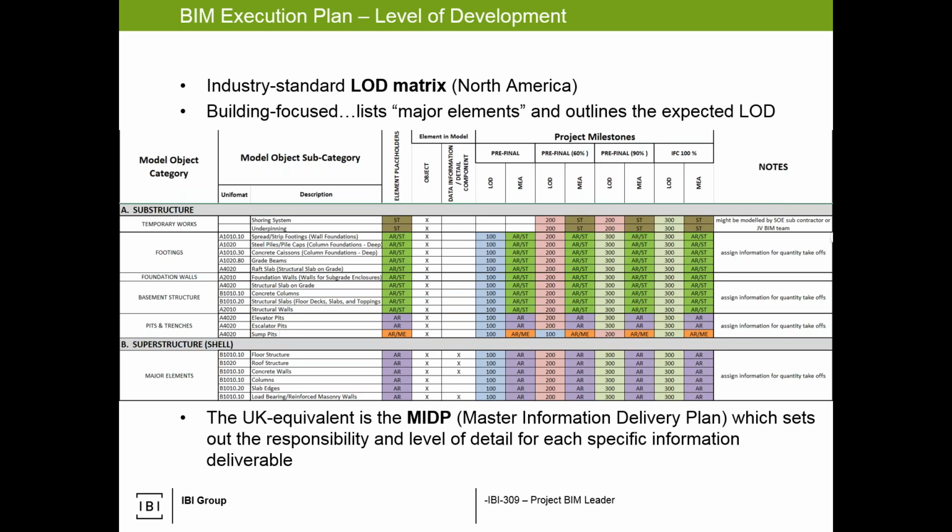Description of the system, who's responsible for it, what discipline, and then at various stages of the project, whether you're at 30, 60, 90, 100, whatever your milestones are, and don't get bogged down in the semantics of the milestone. On this image, it'll say the item is at a 100, 200, or 300 level. Beyond into construction, it would then go up to 400, etc.